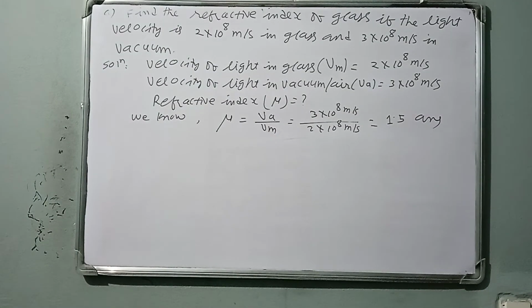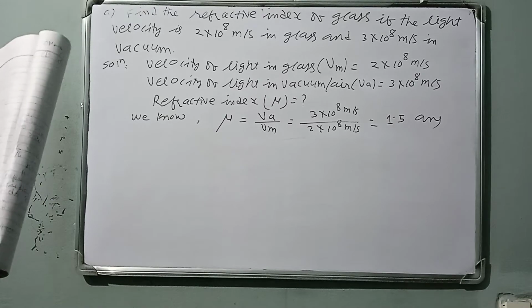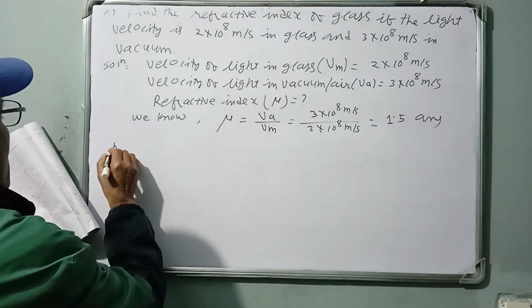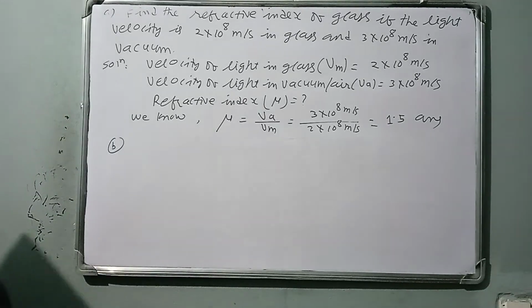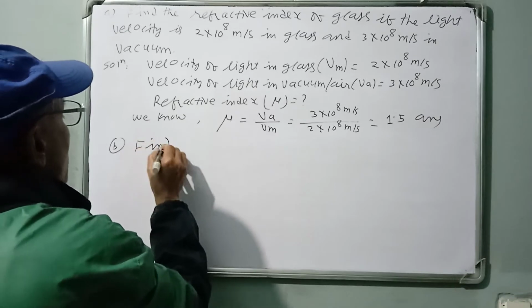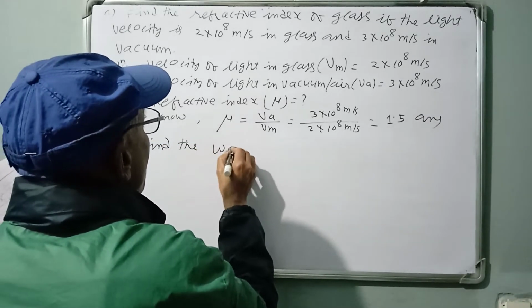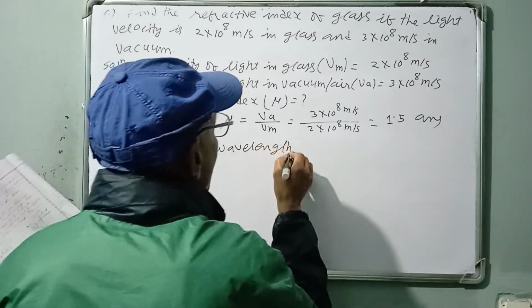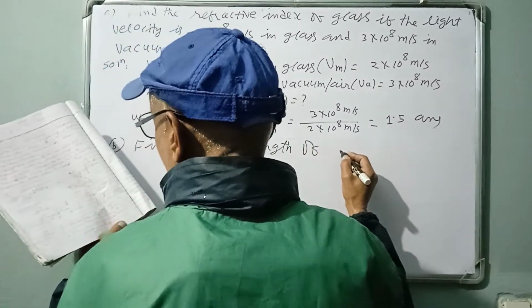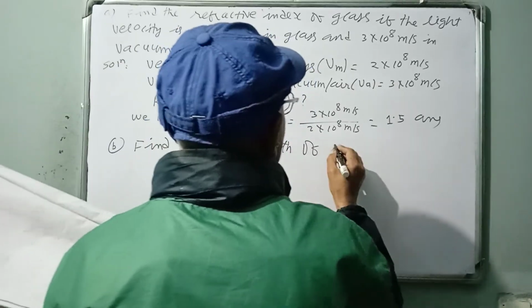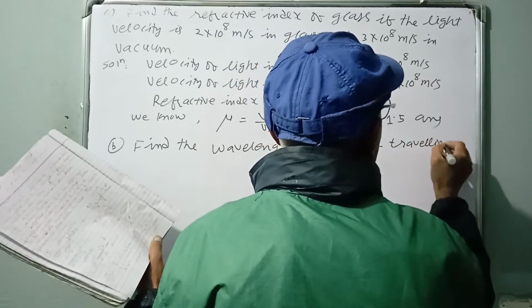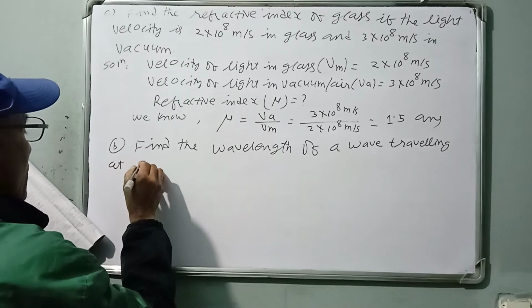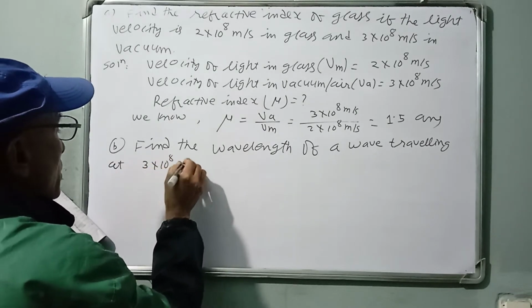Answer. Now I am going to write down some other numericals as well. Other numericals are as follows. See, question B numerical. Frequency given, velocity given, find the wavelength. Let me write down the question. Find the wavelength of any light, say red light, white light, find the wavelength of a wave traveling at 3 into 10 to the power 8 meter per second